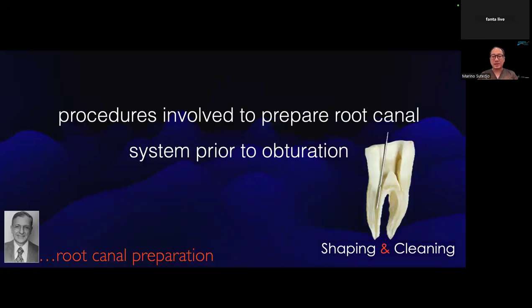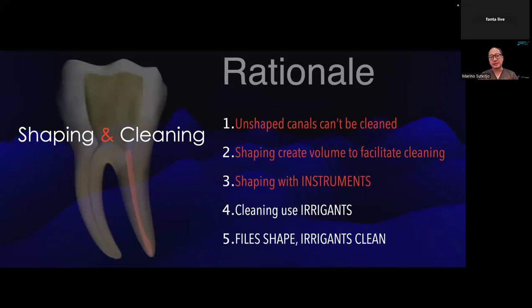By shaping and cleaning and the rationale behind it, we know that in most of the canals, if they are not shaped, they cannot be cleaned because the canal is too small and the irrigants cannot go in. It means we cannot clean the root canal system. So first things first, we need to create our volume by doing instrumentation in order to shape the canals. And after the volume is there, the final shape is there, then we will use our irrigants to clean all